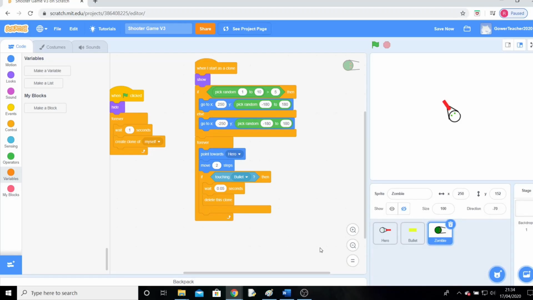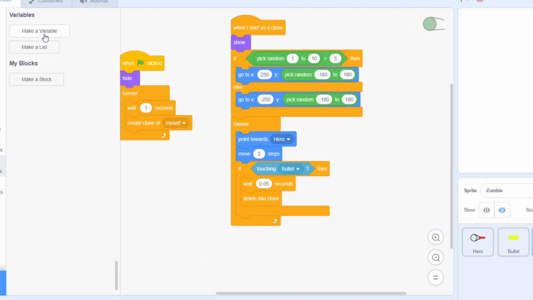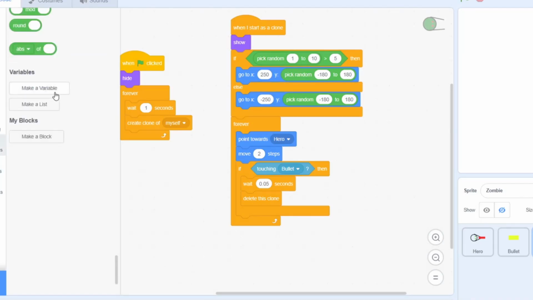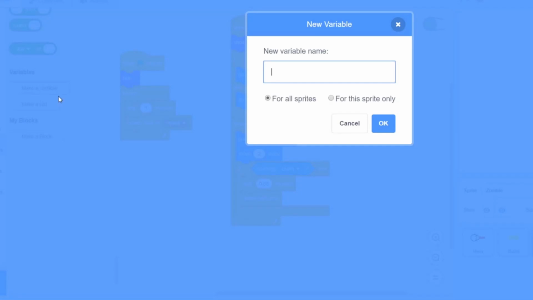Okay, next we're going to give the zombie some lives. So it needs to be hit more than once before it will die. Now, for each zombie, that's a number. It has to store its own number, and then it will have to count each time it gets hit. We call numbers in programming variables if they're going to change. So we need to make a variable. So we're going to make a variable called zombie lives. I'm going to call it zombie underscore lives, and it's going to be for this sprite only, because each zombie will have its own